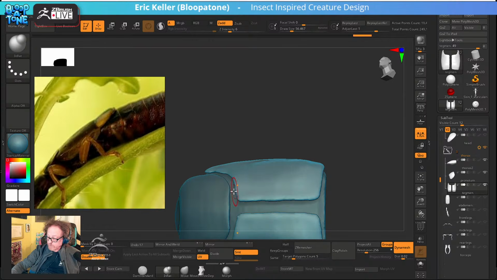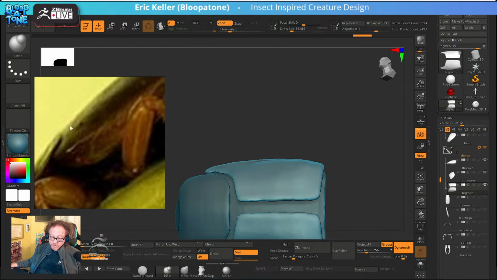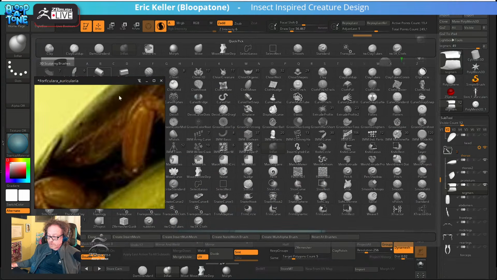So we don't want this separation right here. We want these to be tucked underneath, as you can see right here. So let's do this. I'm going to turn on Sculptris mode, and I'm going to switch to